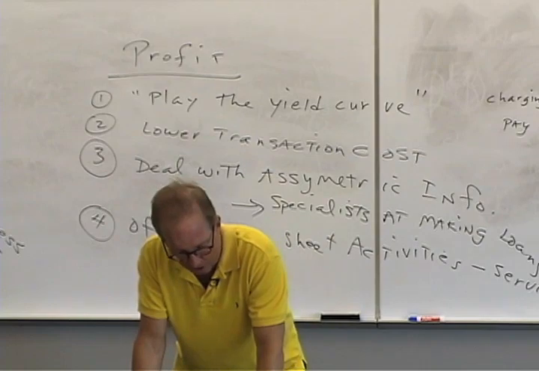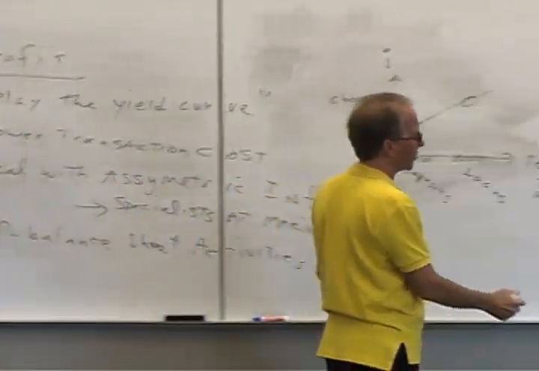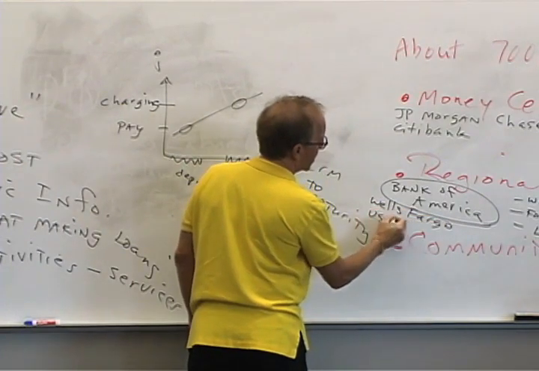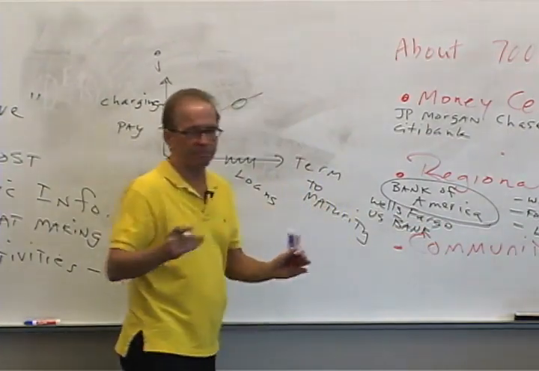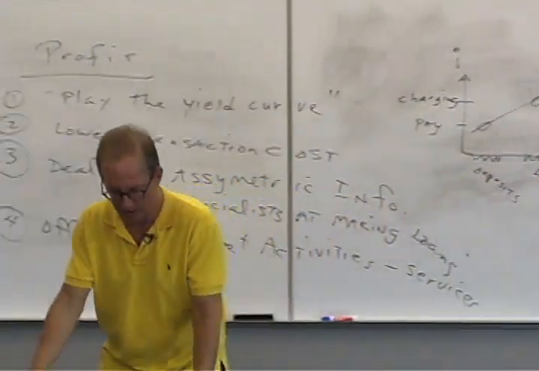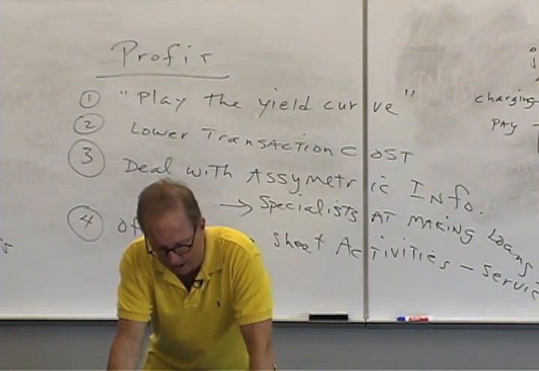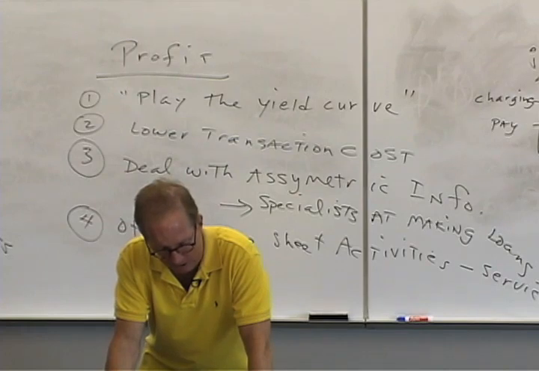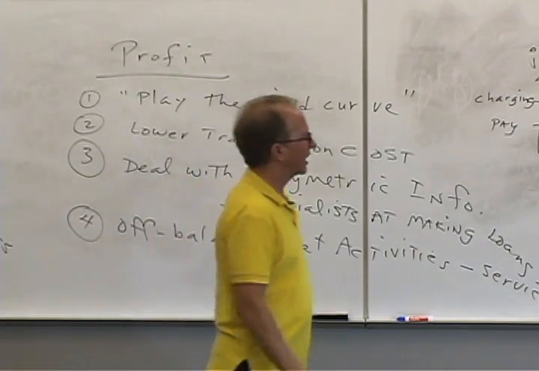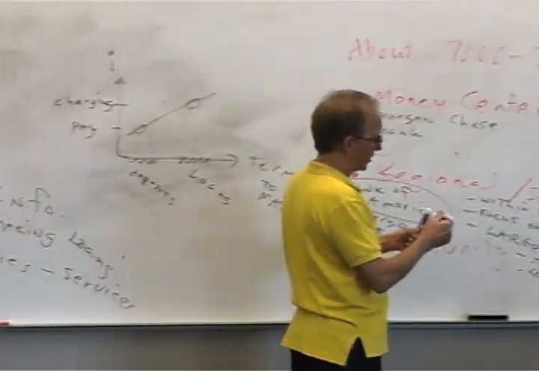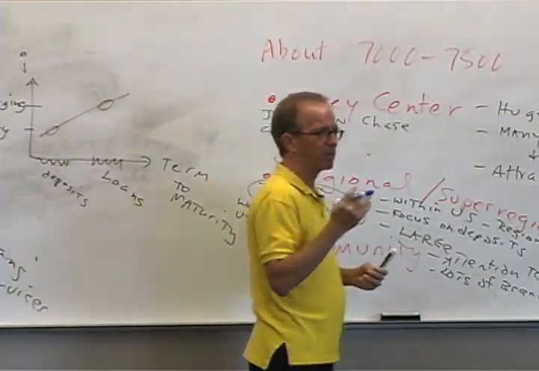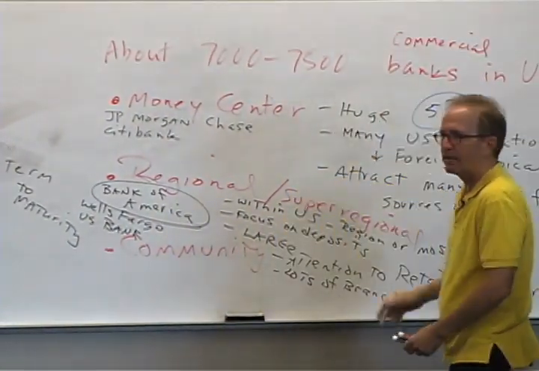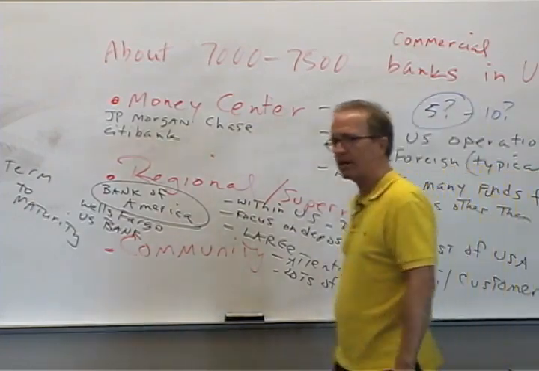Here's a couple more. Wells Fargo and U.S. Bank would be regionals. U.S. Bank Corp. Anyway, those would be regional. And each one of them has 100% of their assets here in the United States, and each one of them is in the hundreds of billions of dollars of assets, but not in the trillions. What we have here with the money center banks, I'll put a number up here. It kind of depends on how you define things, but we're talking about 5 banks, 5 or 10. That's kind of on an outer limit.